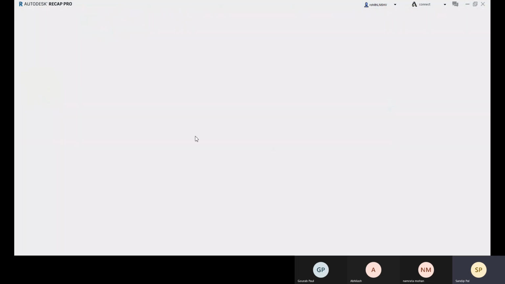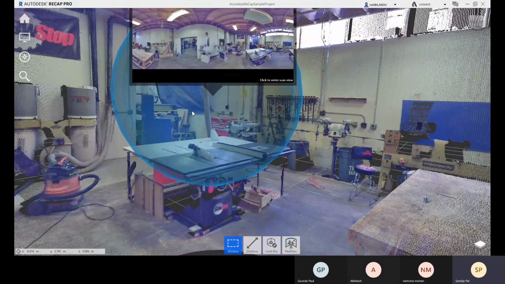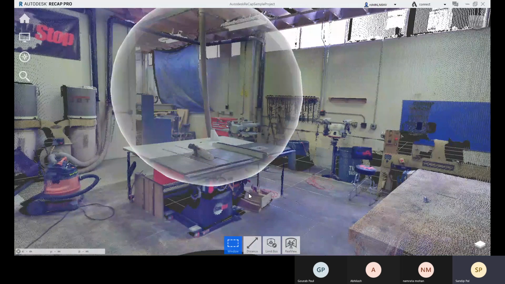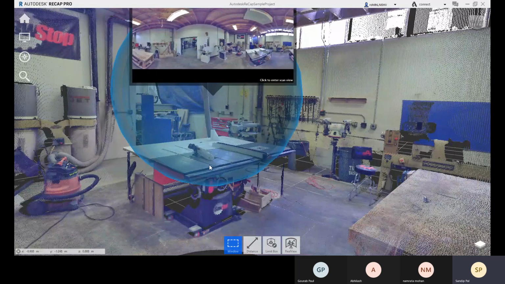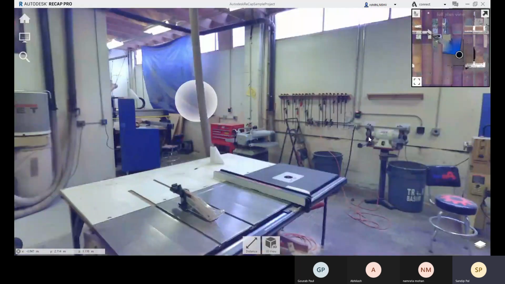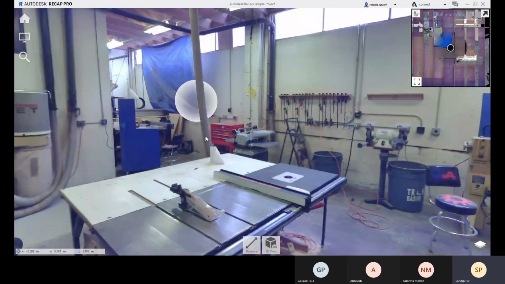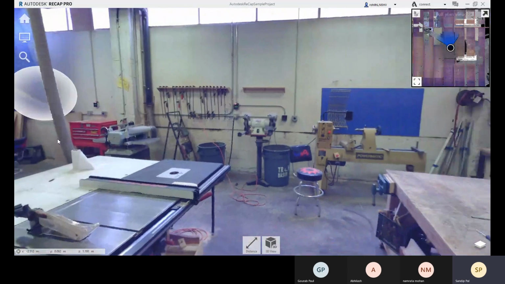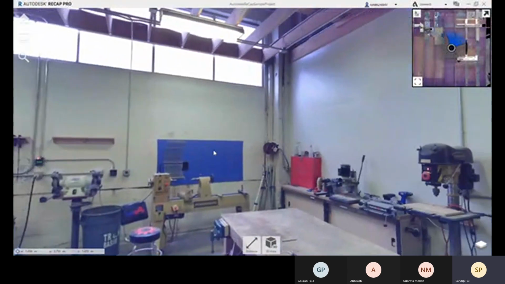So let me click on this screen, and here you have this option, scan view. This is scan view. It's where the scanner was placed, at that location you want to see it. So only from that location you can see it. You can right click and orbit around.